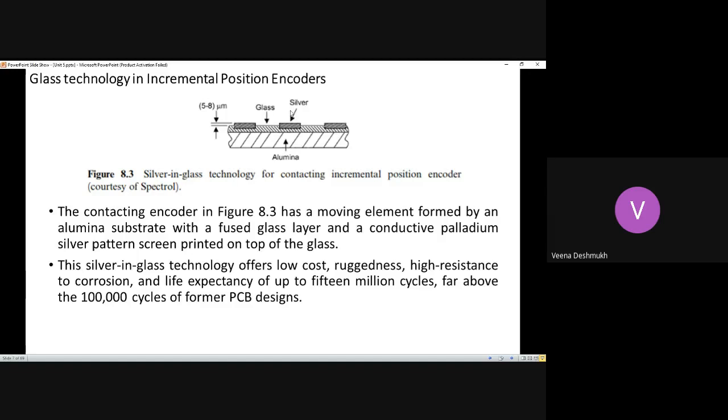Again, another way is glass technology in incremental position encoders. Now, what is this glass technology? Here, in the glass technology,